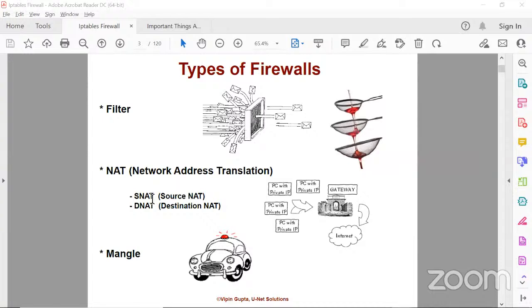Now, when we are talking about the SNAT type of firewall, first we have to understand what SNAT is. Normally, in your organization, college or company, the addresses given to your systems are in a private range. It is going to be the 192.168 series, or the 10 series, or the 172 series. These are all private addresses, and because they are free, organizations mostly use them for their internal network. But the problem with private addresses is that